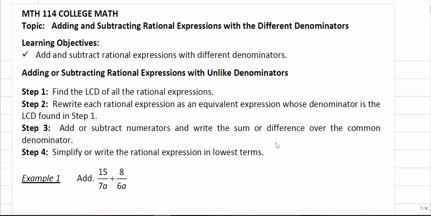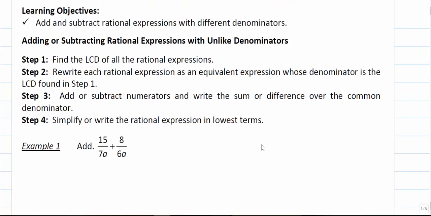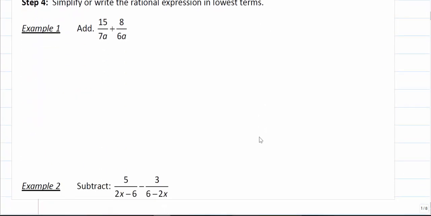What they do is they do a process where they find the least common denominator. Because in order to add fractions, one option is to use the least common denominator, which will make the denominators the same. And then when the denominators of fractions are the same, you can just add or subtract the numerators and put that all over that common denominator. So for example, if I follow those steps